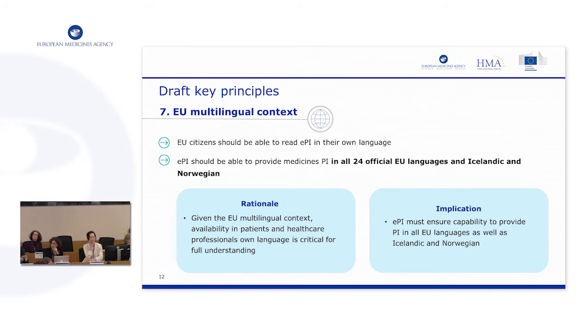I hope it was clear. We tried to capture in the previous key principle where we said that once implemented, electronic formats offer a lot of possibilities for people who have these specific needs. Maybe we can make it more clear, but definitely this is one of the benefits we expect to provide. It can be for people with readability issues, people with special needs. We can give so many examples that we wouldn't finish, but definitely that's the idea, and we will try to make that clear in the document.